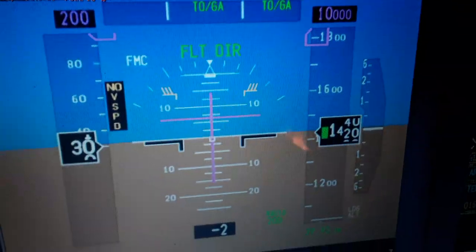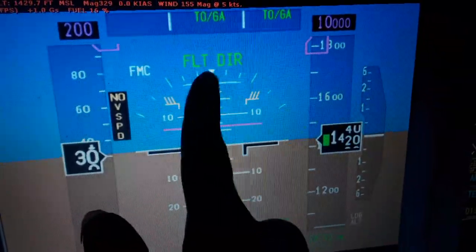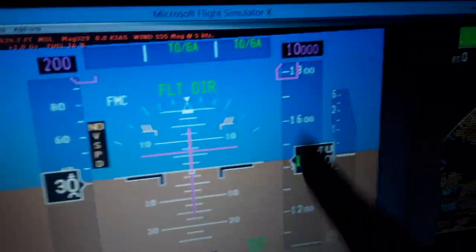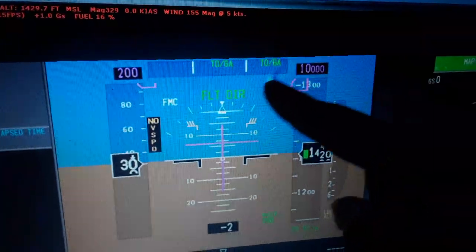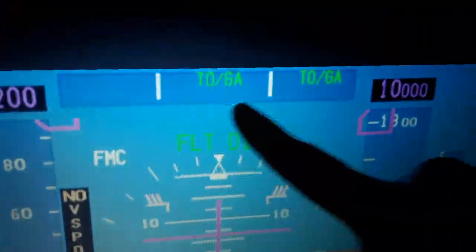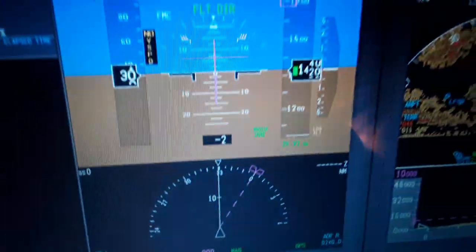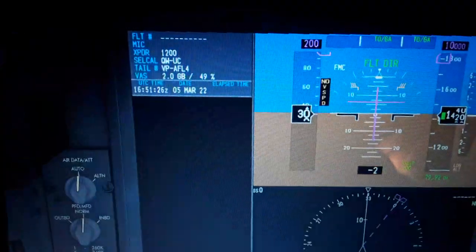And also the bank angle over here. When we make left or right turns, you will see how steep the turns are in degrees. Also we have the flight mode annunciator over here. We have the auto throttle in takeoff go around mode right now. You can see also the autopilot. So we have also the ADS over here, the receiver of the ADS, some other